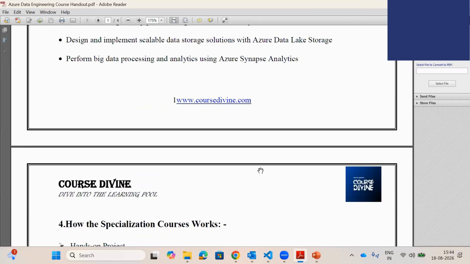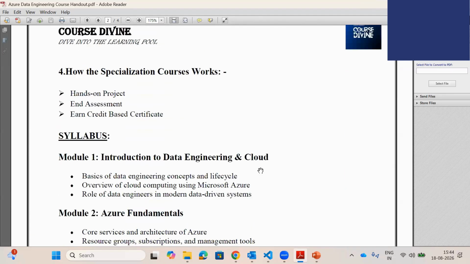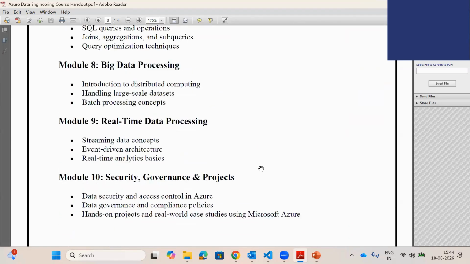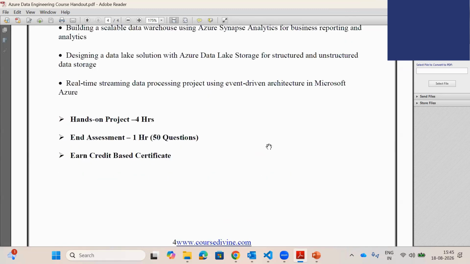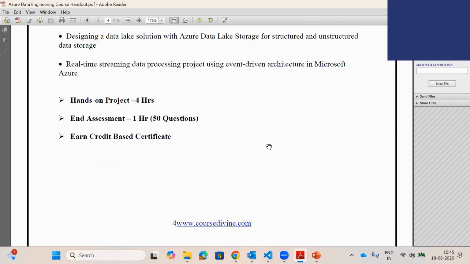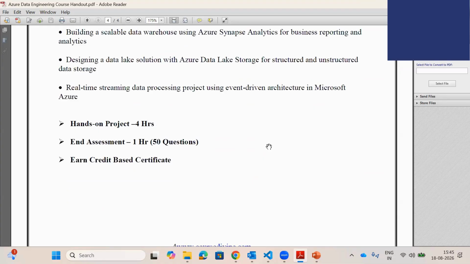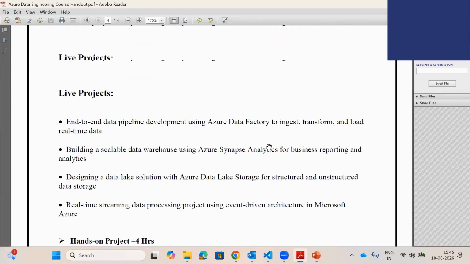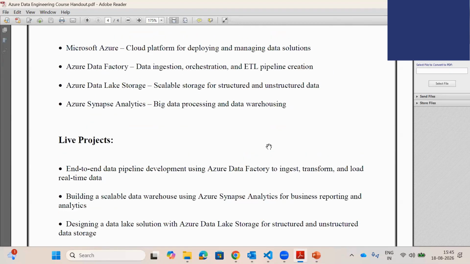How much time does this course take, sir? As mentioned at the bottom, it is going to take about 1 month, not more than that. In terms of hours, Hema would be the right person to confirm, but to give you an idea, around 1 to 2 hours every day, on the basis of lab and everything.